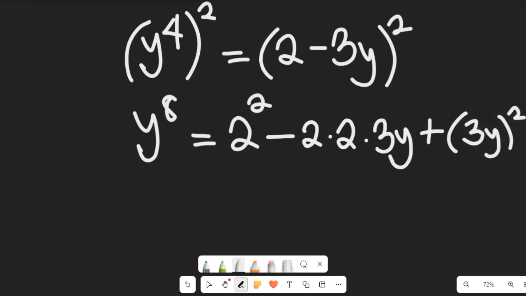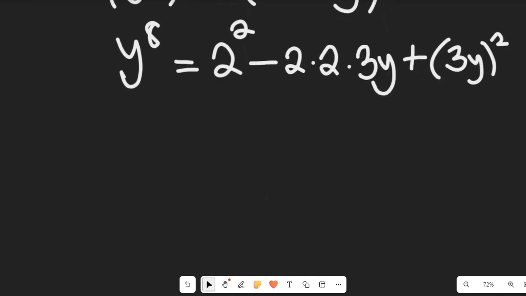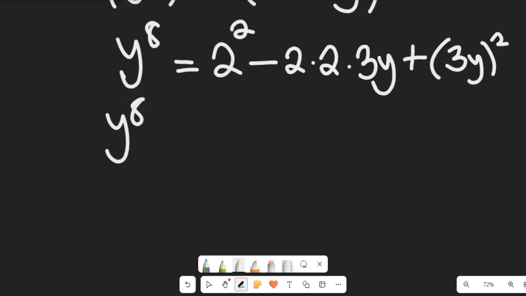Great. Now, if we simplify that, what is that going to give us? We'll have y to the power of 8 equal to 4 minus 2 times 2 times 3, which is 12y